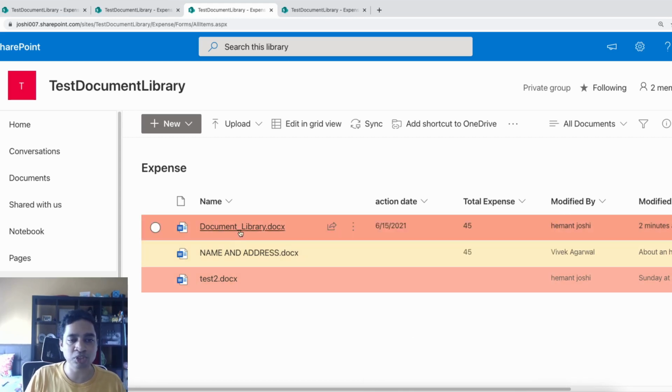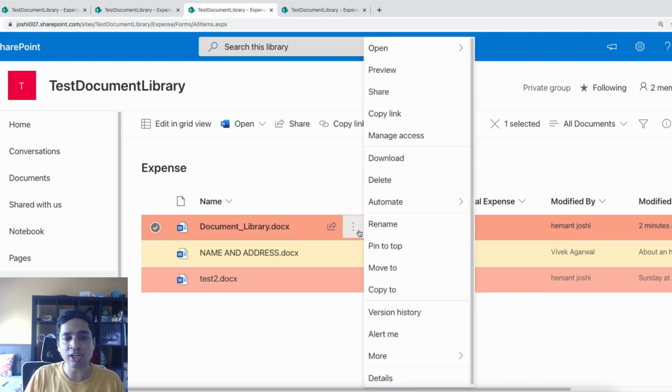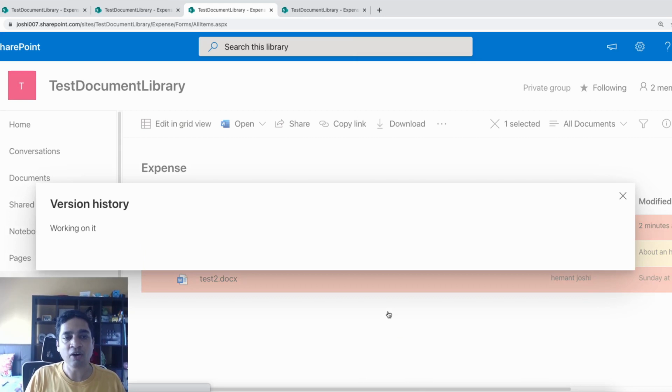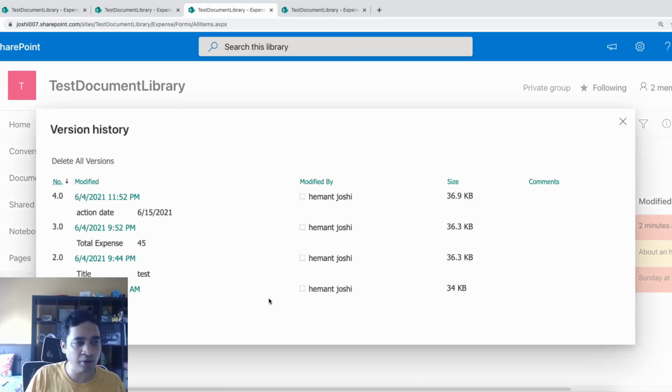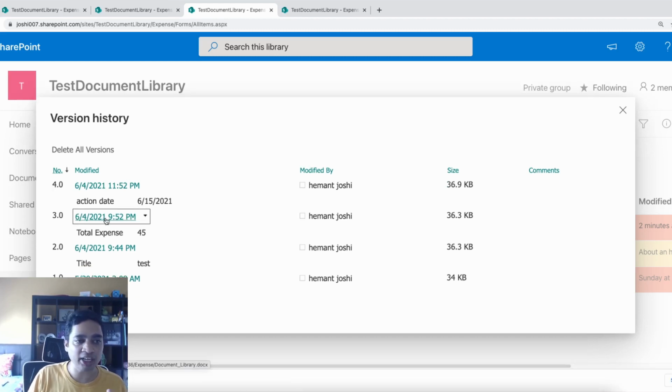And how do you know and how can you change that is you come to your document. For example, if I choose this document library.doc, you click on these three dots over here, go to version history. Once you open this version history, an overlay window opens up, and you will see that there are 4 versions right now created. To view an existing version for list items, it's a different way where you can directly drop down and click on view, but for the document library you need to click on this document directly. Once you click on the document, it will download the file and you can view the file and see the